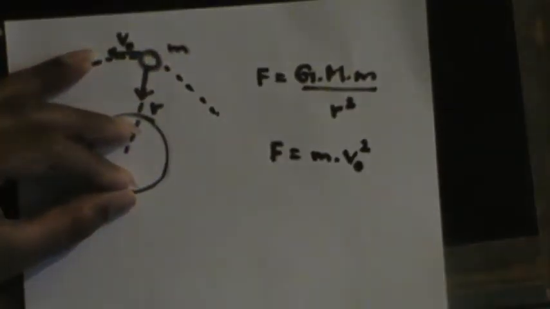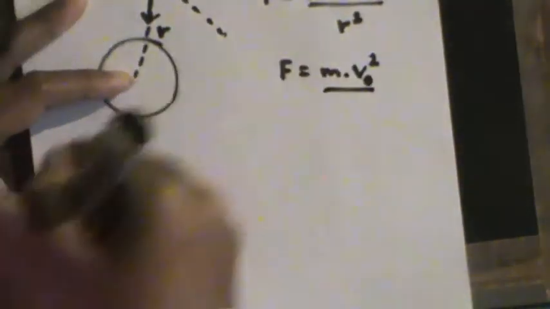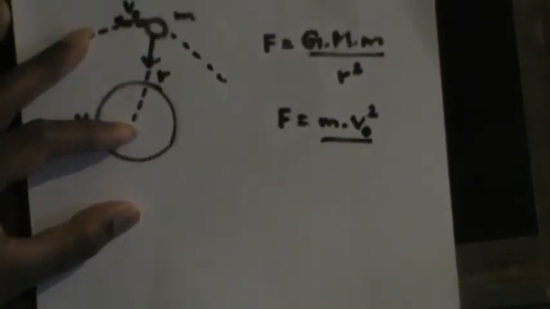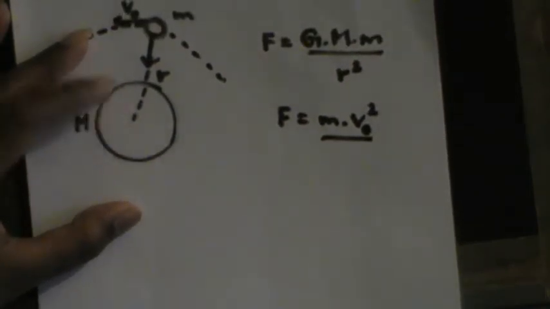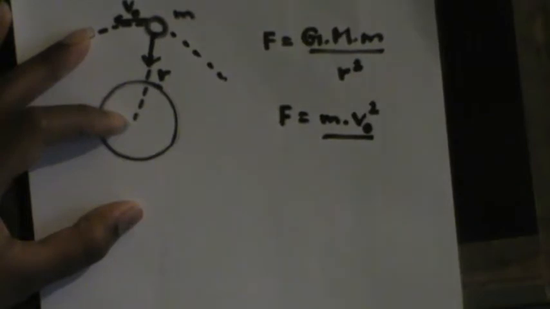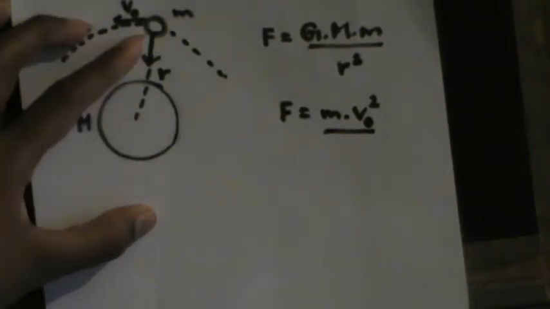So the velocity of the object is equal to the orbital velocity divided by the distance between these two objects. So actually the Earth is acting like a fixed point. Now this is very similar to circular motion. So the Earth's center is acting like a fixed point, right, relative to this object. So the distance between these two objects is r,